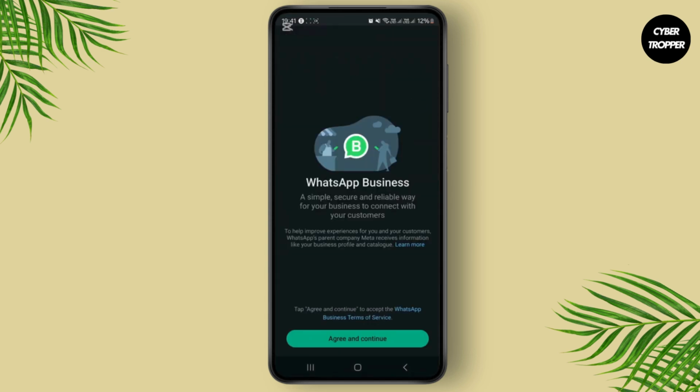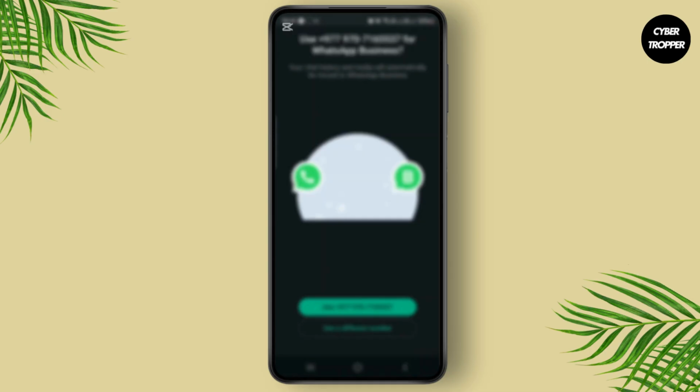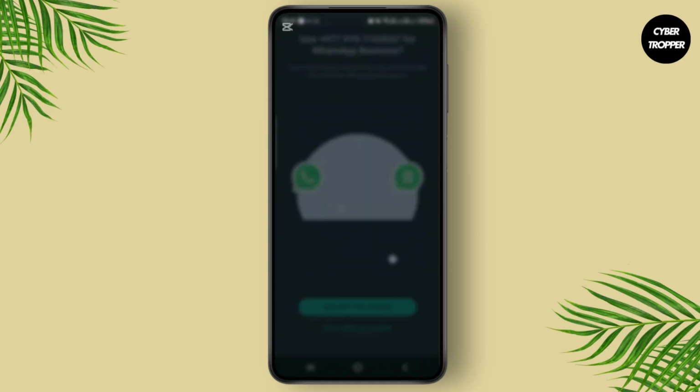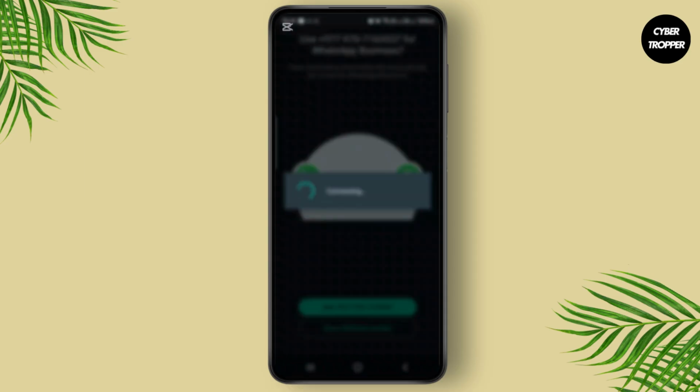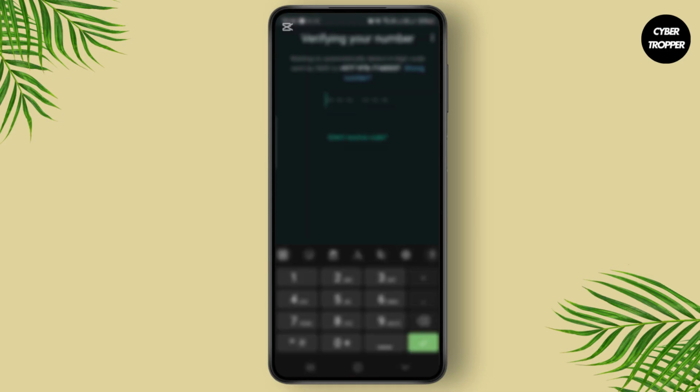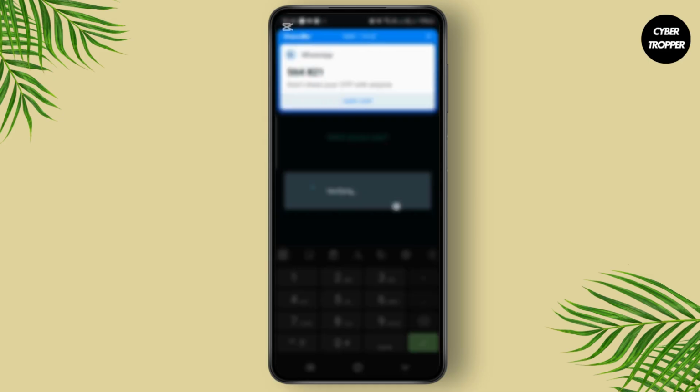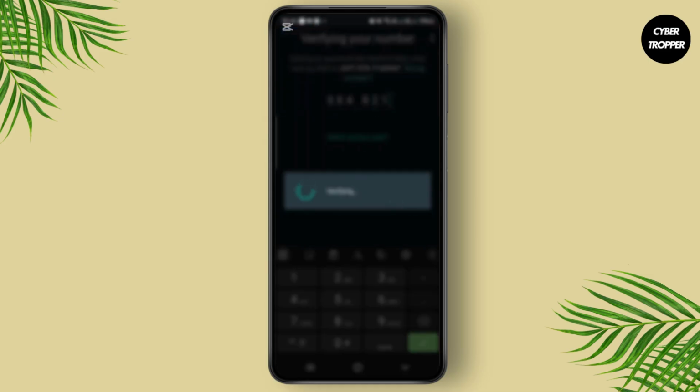So from here, what you can do is simply click on agree and continue and use your particular phone number. Click on continue, allow everything that WhatsApp wants or what you want, and wait for some time. And it will ask you to verify some code. And once it verifies your code,